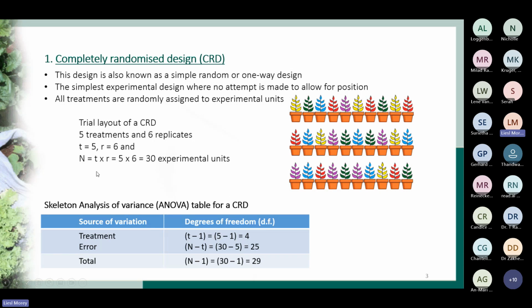In this case, we had 5 treatments, so the degrees of freedom is 4. In total, we had 30 pots. So 30 minus 1 is 29, and then your error will be the difference, which is 25. If you decide to do this trial, it will be large enough, but we usually don't recommend it